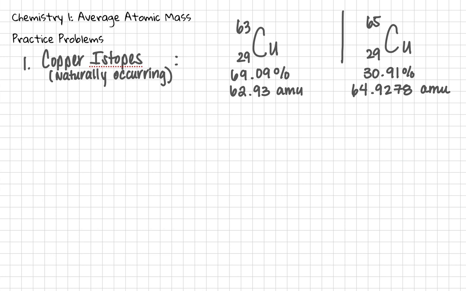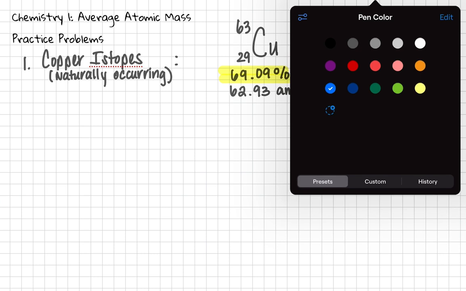In this situation, everything is given. I want you to take note that the percentages should always equal 100%. That's a way for you to know that nothing is missing as far as an isotope is concerned. 69.09 plus 30.91 equals 100%. So as far as solving the problem,